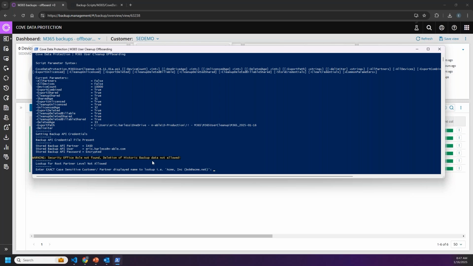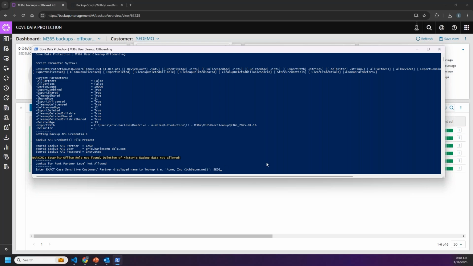So this is going to give me all the prompts for it, but it is going to actually fail when it comes to deletion time because I don't have the appropriate rights, but you can still run the reports. So we'll go through the behaviors without actually purging that history, okay? So we are going to